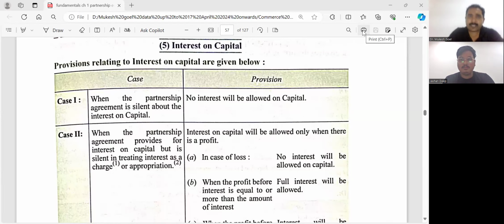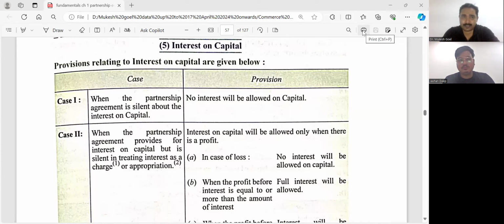So our next topic is interest on capital. In the last lecture, we completed interest on drawing. In this topic, we will cover interest on capital. So, the provision related to interest on capital: